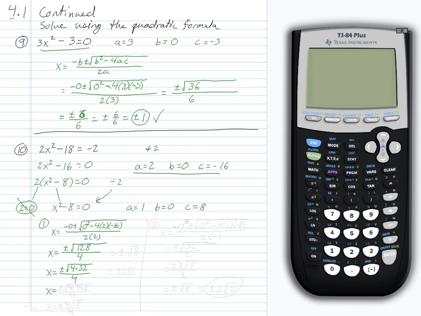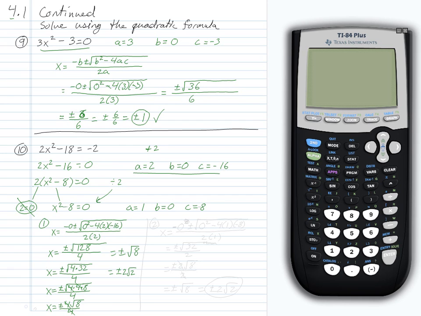So this is x equals positive or negative 4 times 4 times 8 over 4. So even better, we could factor a 2 and another 2 out. So x equals positive or negative 4 square root of 8 over 4. Our 4's cancel, and we get the square root of 8,